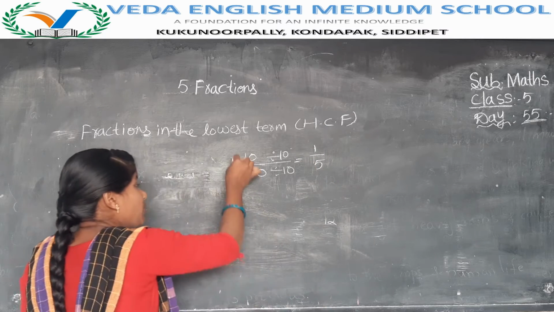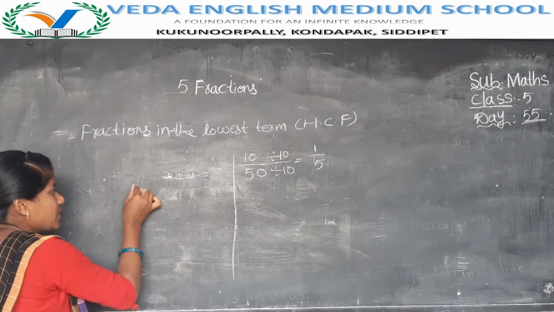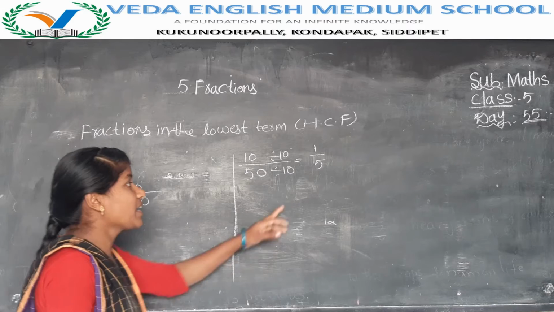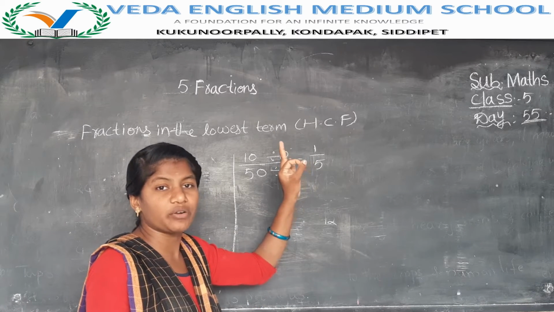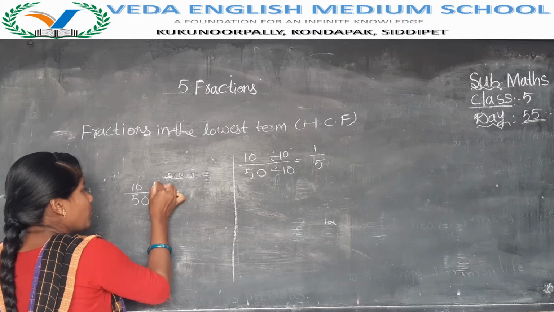Madam, both are divisible by the 5 table also, no? Then why are you taking 10 only? 10 ఎందుకు తీసుకుంటున్నారంటే చూడండి, highest common factor, highest ఏ నెంబర్ డివైడ్ చేస్తుంది నాన్న 10. So the highest number we have to choose. Understand? If you want to take the 5 table, then you will get more and more steps.